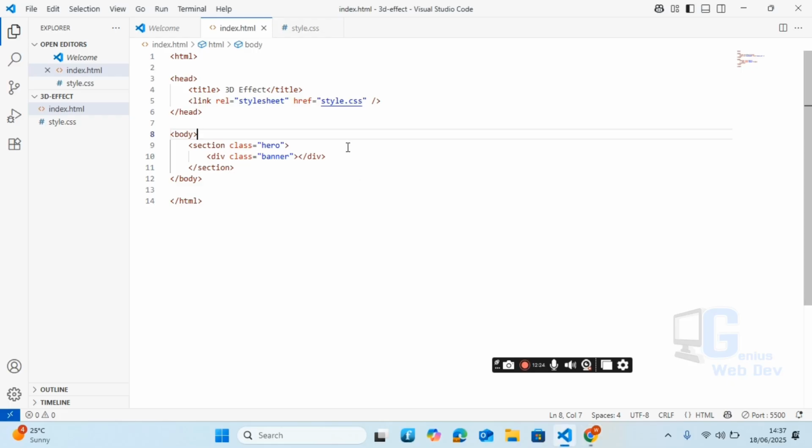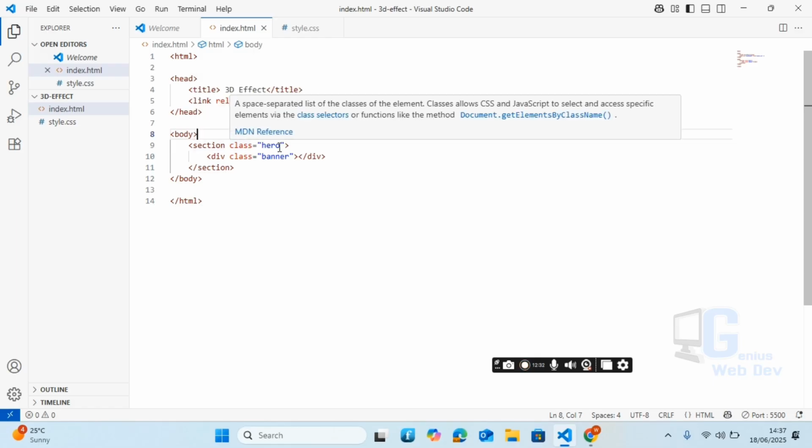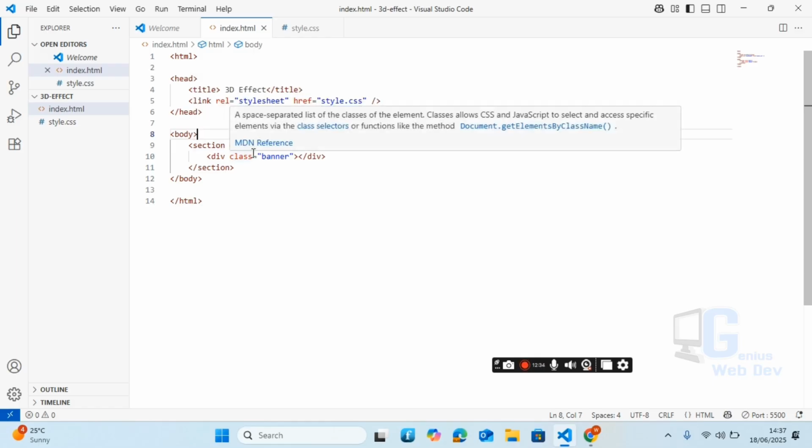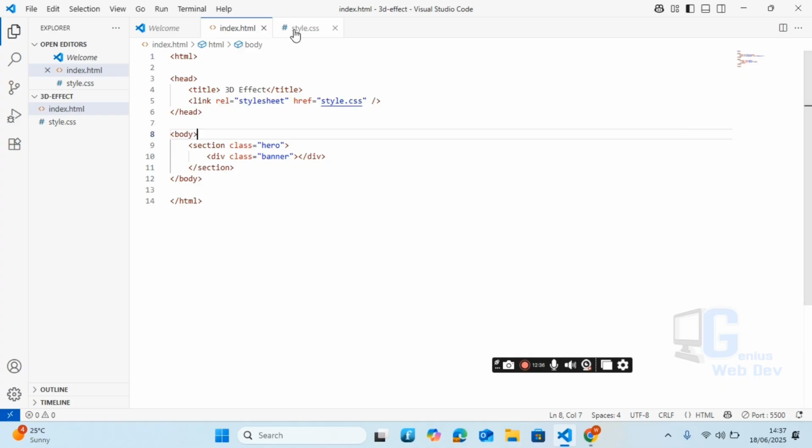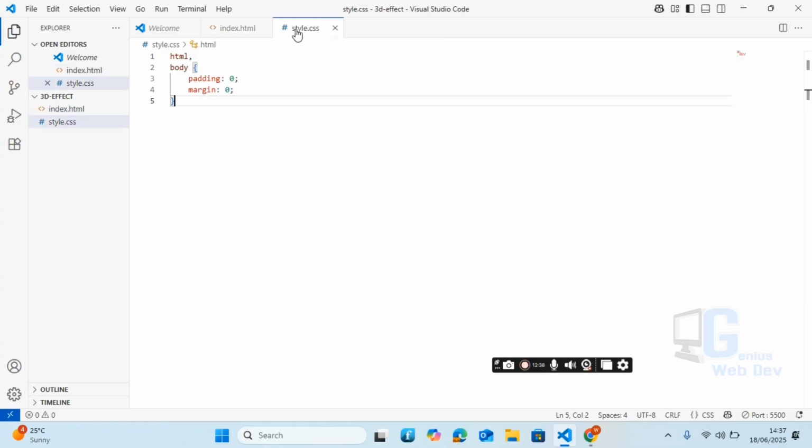Why? Because we haven't styled it yet. We haven't told the computer that this is the type of styling we want. We only wrote the structure in the HTML. We haven't done anything to it. So let's go back. Before we go, let's remember that our section class is called hero and our div class is called banner. So what do we do? We go to